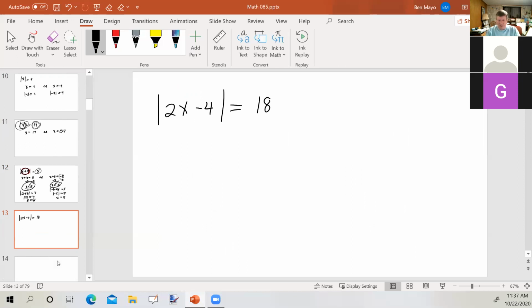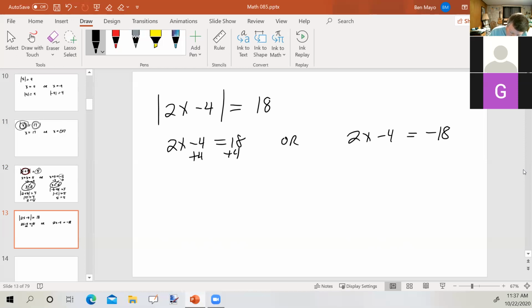The absolute value of 2x minus 4 equals 18. So either 2x minus 4 equals 18, or 2x minus 4 equals the opposite of 18, or -18. If 2x minus 4 equals 18, to solve for x, we add 4, then we divide by 2, and we get x equals 11. If 2x minus 4 equals -18, we add 4, 2x equals -14, we divide by 2,